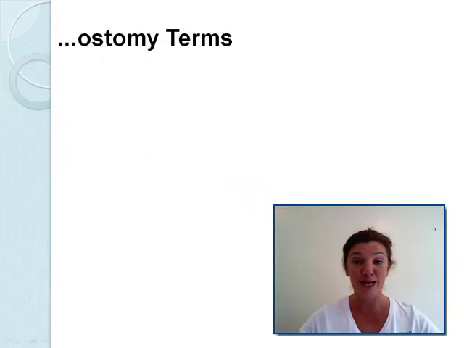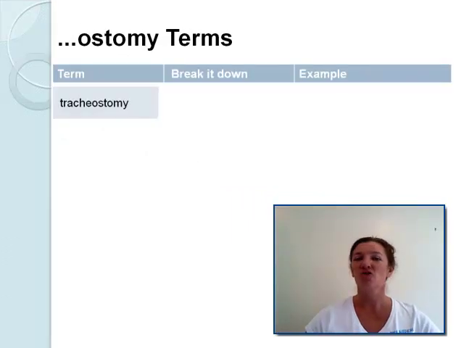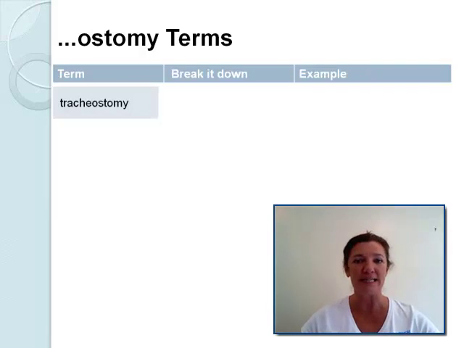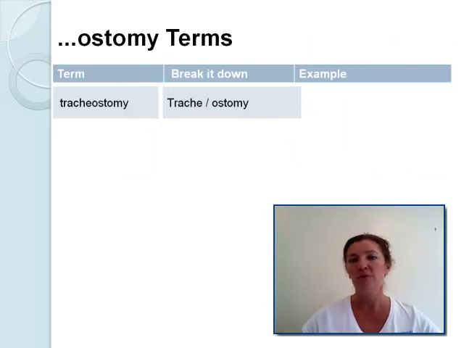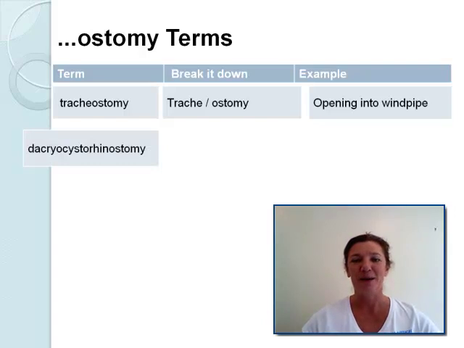Some more ostomy terms. Tracheostomy. We had this earlier in the respiratory system and in ear, nose and throat. Let's break it down. Tracheostomy. Ostomy is our opening, and trache was the trachea, your windpipe. So it's an opening into the windpipe. A big one,